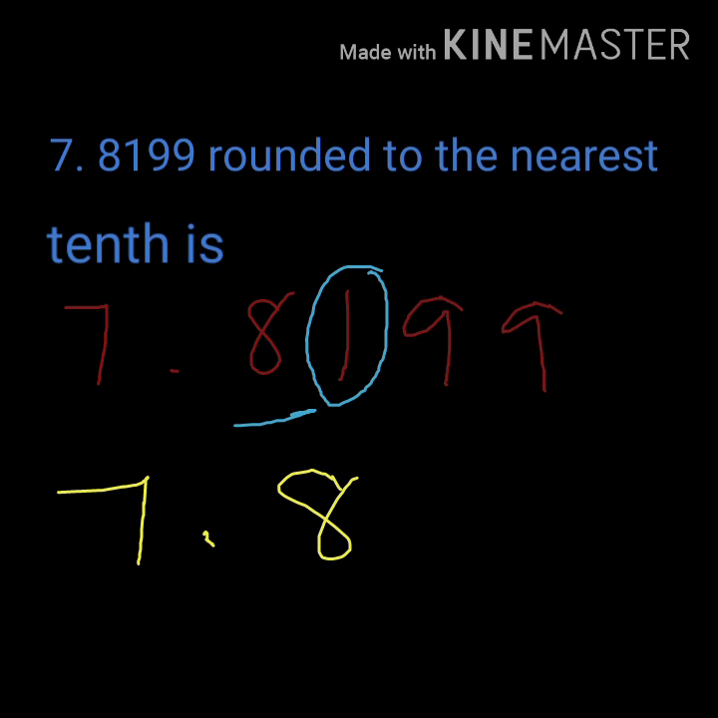And see the next numbers, 199. So the number right after the underlined number is 1, which is below 5, so you have to neglect all the digits and change them into 0, so your value will be simply 7.8. That is your nearest tenth rounding of the number. Clear? So consider another example,